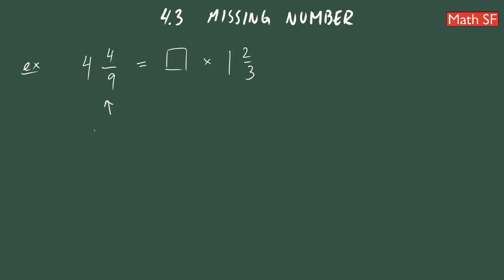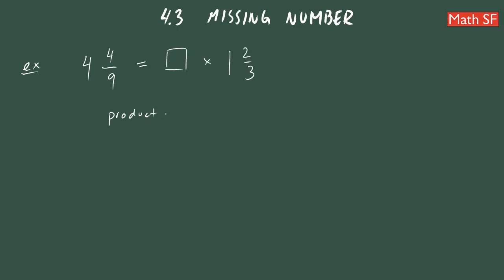So this is called the product. These are called multipliers. So it means we're missing a multiplier. So whenever we're missing a multiplier, we need to divide. We must divide the product,